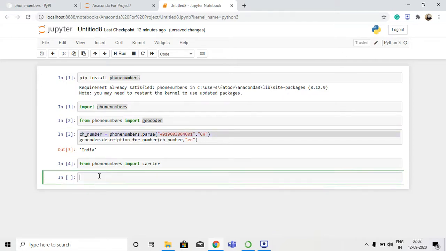I'm going to do it as ro underscore number. This is a sample variable, like example variable. You can create your own. Now I'm going to again pass on the phone number